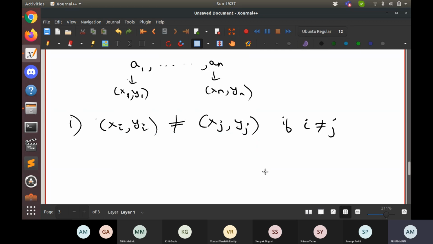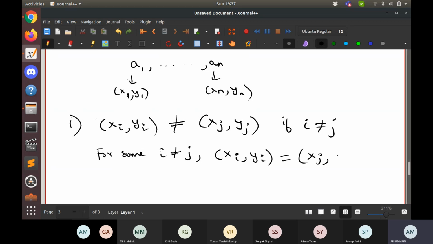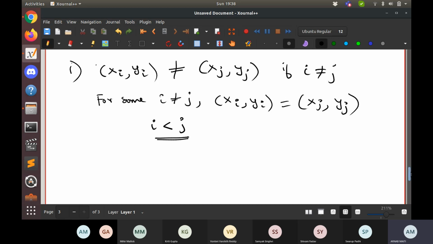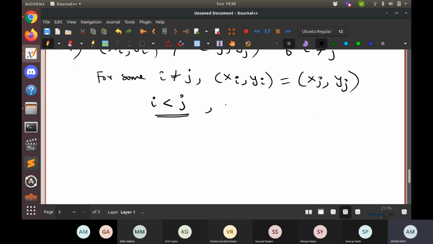Why is that the case? Suppose, for some i not equal to j, we have xi, yi equal to xj, yj. For simplicity, let's assume i is less than j, and also that ai is less than aj.